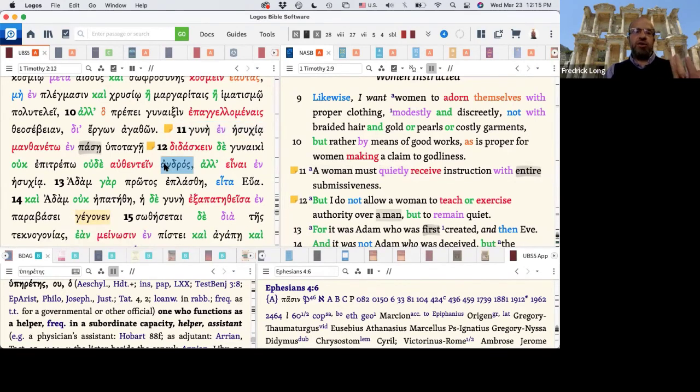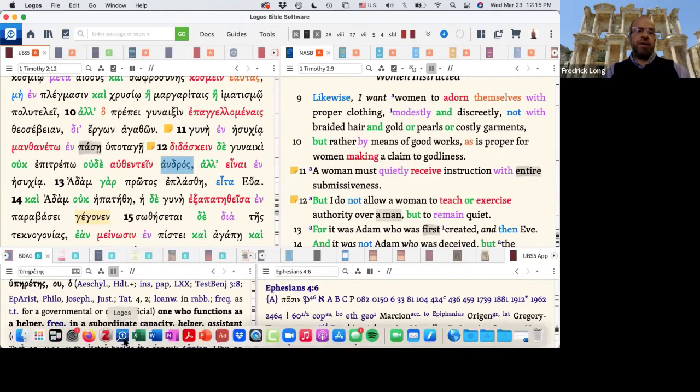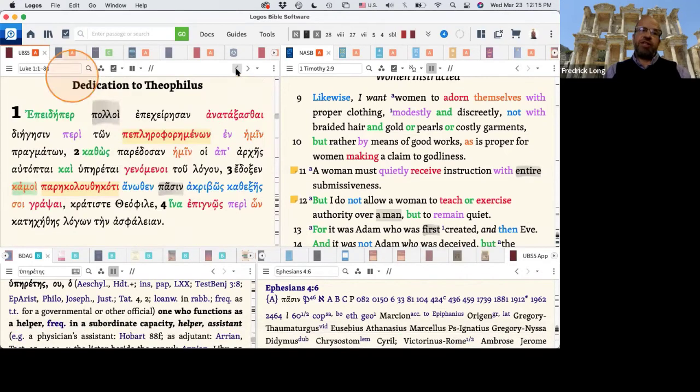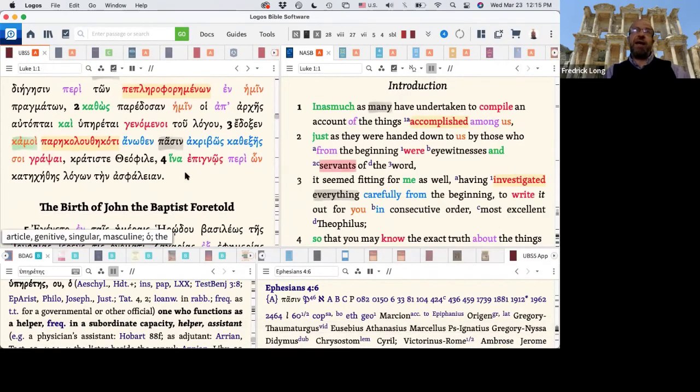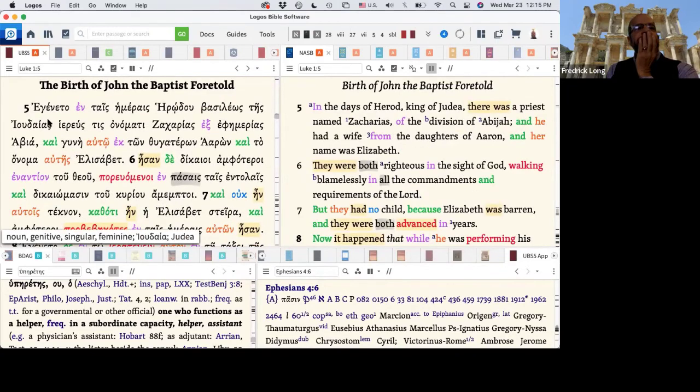And whenever you have a gune in relation to an aner, in the New Testament, arguably in every case, it's a husband-wife relationship. Yeah, and that's an observation made by many, not just me. So I'm getting it from others is what I'm saying. Yeah, okay. Was it 2 Timothy 2:10? 1 Timothy 2:10 and 11.